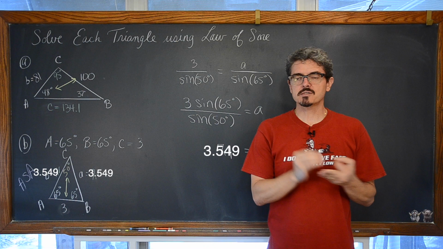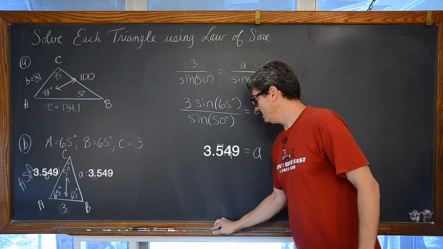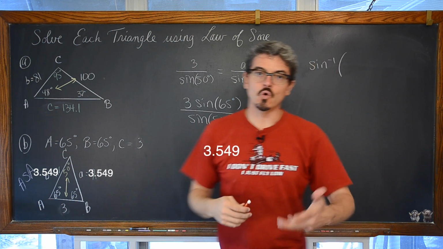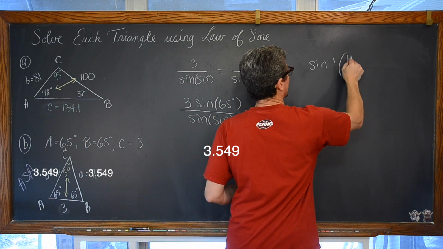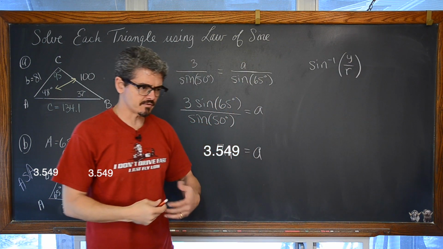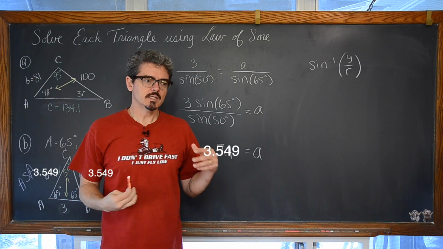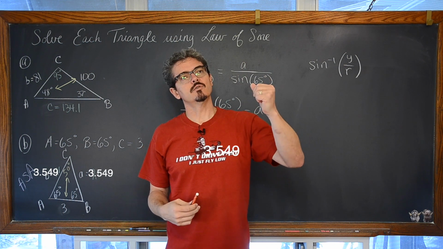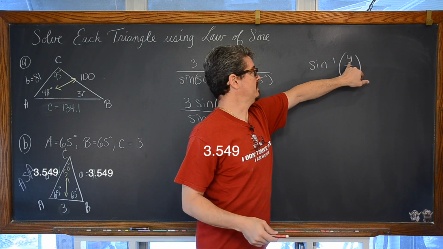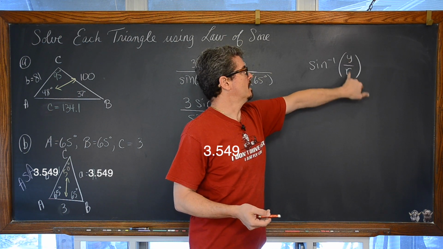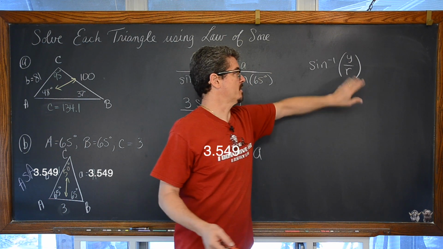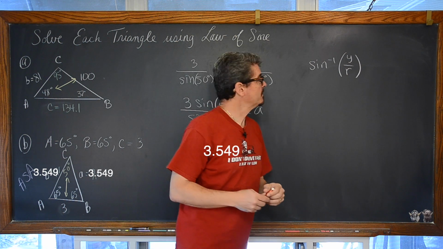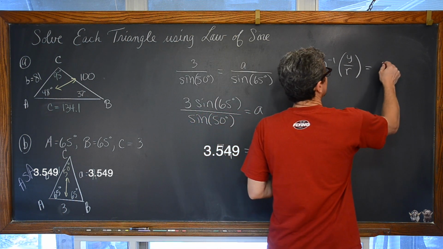And secondly, let's not forget that when you do the inverse sine of not an angle, but the ratios out of a right triangle of y over r, I'm saying this in terms of if you're in trig and you're working with a lot of angles in standard position, where instead of saying sine of theta is opposite over hypotenuse, we say instead, because it's more convenient, more appropriate, y, vertical movement over r, the distance your point, or the vertex of your sort of right triangle, is away from the origin. Well, that's going to give you some kind of angle measure.